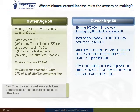So now let's take an owner age 60 and having 4 employees, each earning $7,000 with an average age of 30. The earnings factor is off. Let's just say the total compensation for the employees is $238,000. So you take the total compensation, multiply by 25%, and you have a maximum tax deduction of